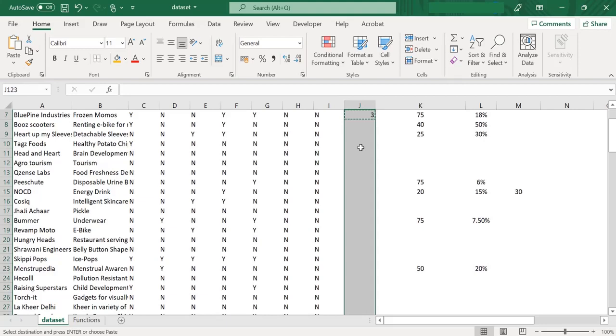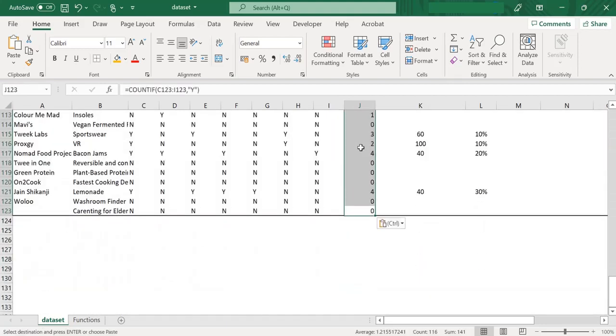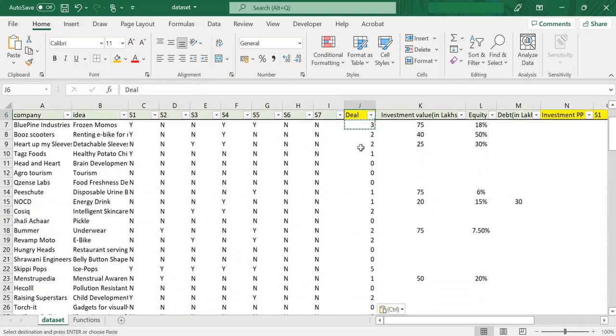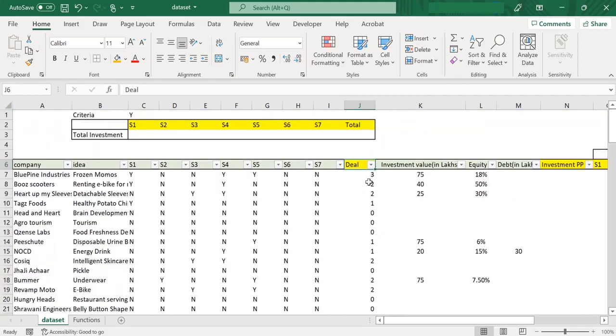After that, I will just press Ctrl V. Now as you can see, I have just copy pasted this formula in this entire range. This is one way of doing it. We can do it in many other ways. So we have got the data which we required.